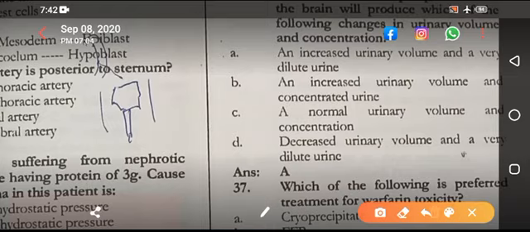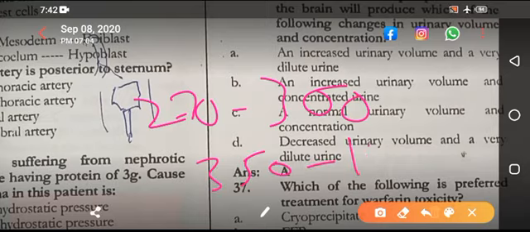What is the normal osmolarity of the blood plasma? Answer is 270 to 300. What is the normal osmolarity of the urine? The answer is 350 to 1000. Why? Normally, the urine osmolarity is usually high as compared to the plasma. Why? Because of the formation of urine. If the urine osmolarity is less